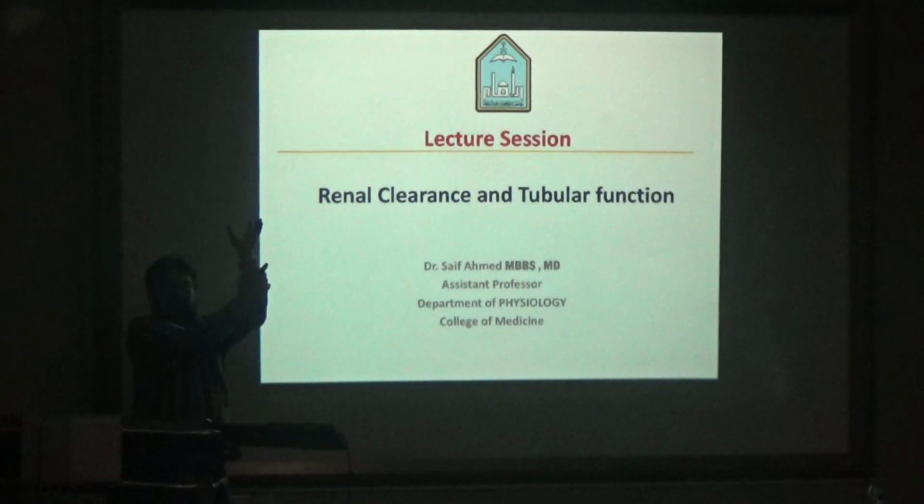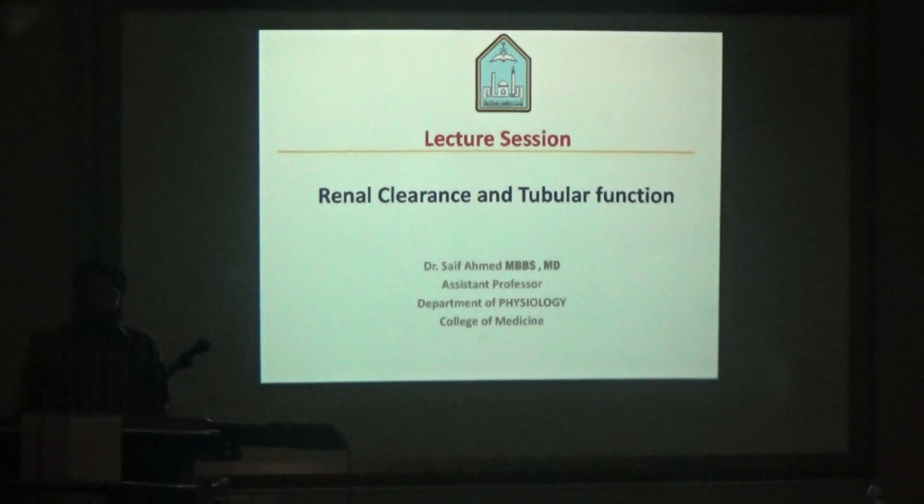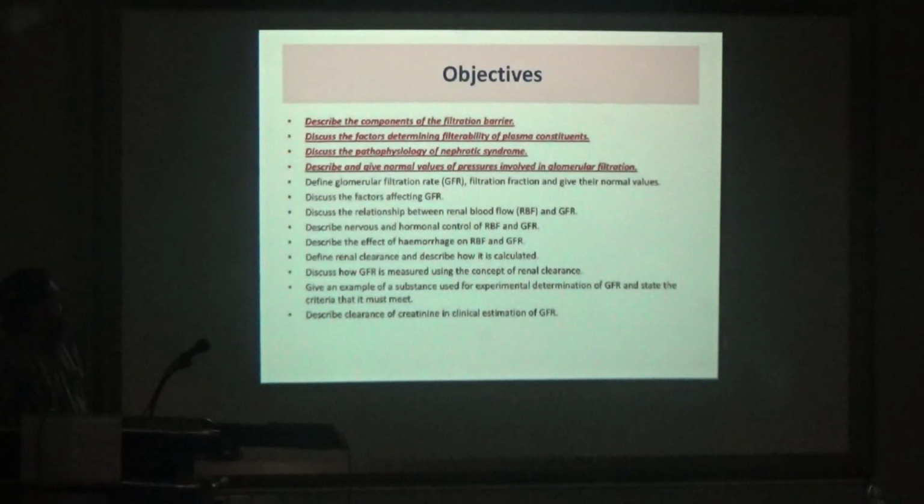This glomerulus is connected to the proximal, distal, and the loop of Henle. These are tubules. So today we will be studying about renal clearance and its tubular function. These are just the objectives. We have already studied the filtration barrier, how much will filter out, what are the factors that it depends on, and also a bit of